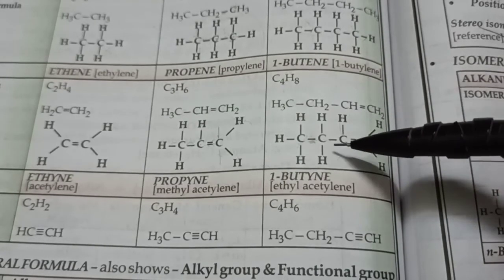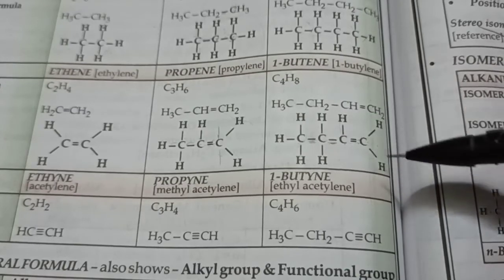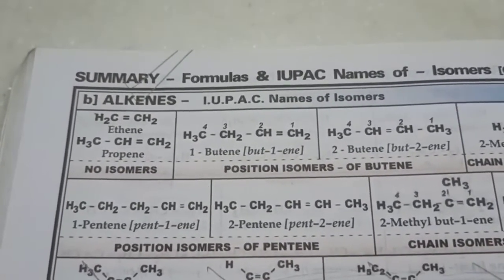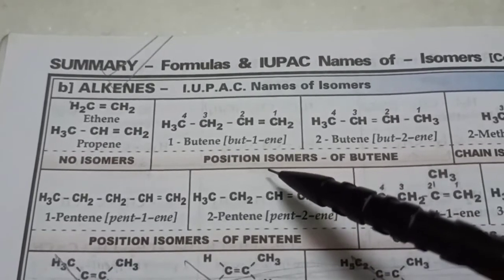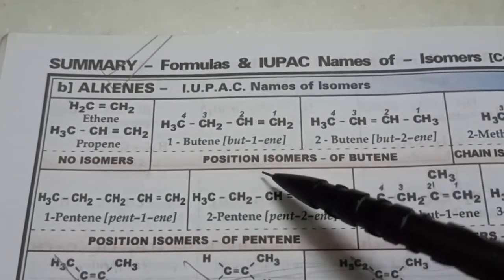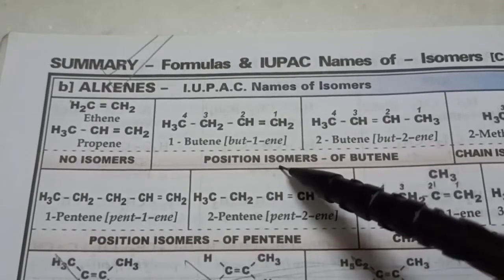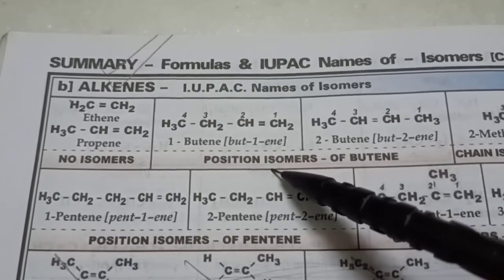However, what if the double bond was in between here and single bond here and here? Now that would be a totally different compound. So if you look at page 248, we see isomerism. Now let's dive deep into this topic called isomerism. I said that this is a property in which the molecular formula is same, but the structural formula is different.